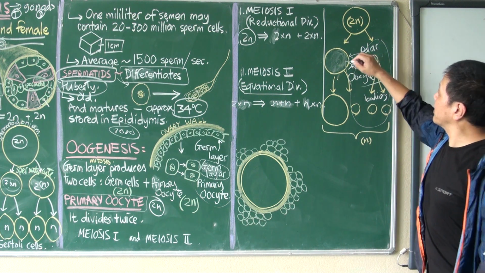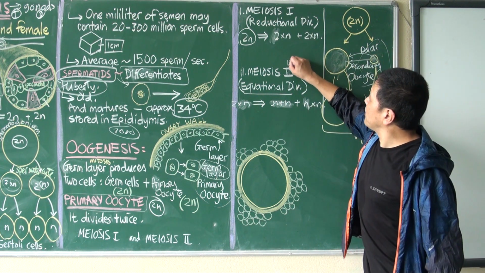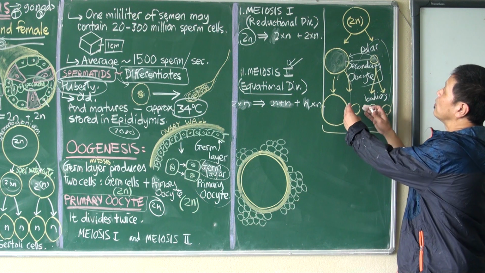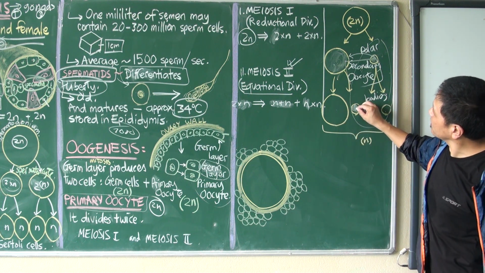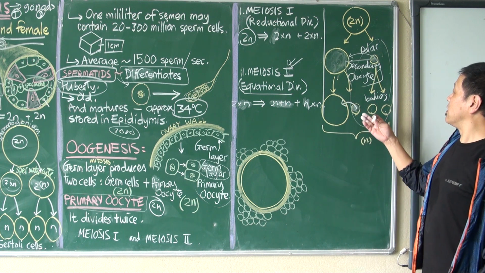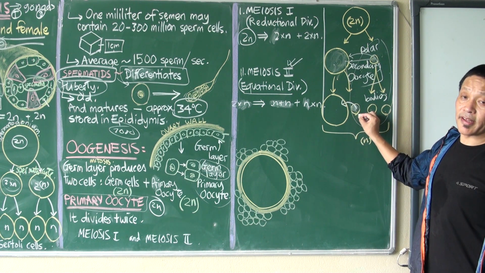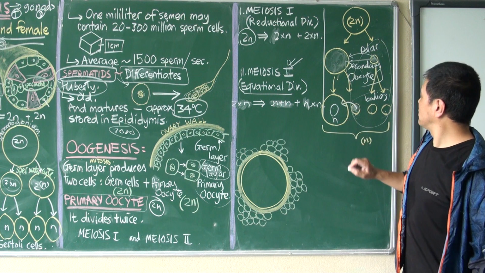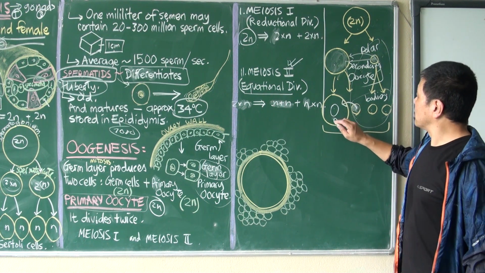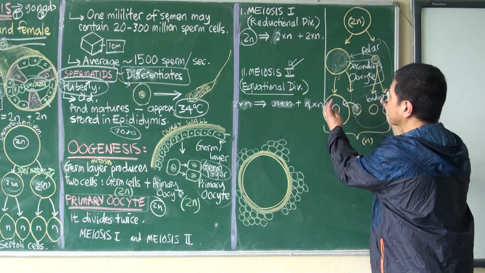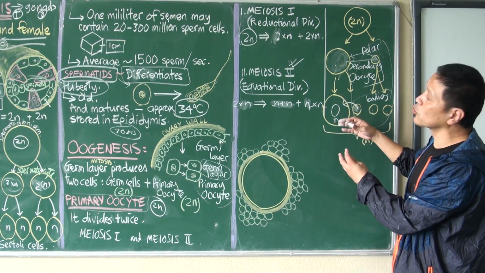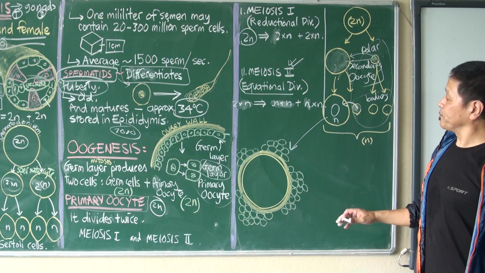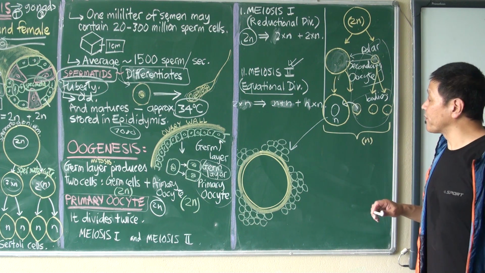This secondary oocyte again undergoes the second meiotic division, and it divides in a similar fashion, where most of the cytoplasm of one cell is taken up by another cell, forming a very tiny small cell. These are your polar body, and this forms the actual egg cell. The egg cell hijacks all of the cytoplasm of the other cells in order to grow in size. It really needs to be very big, so that after the process of fertilization,